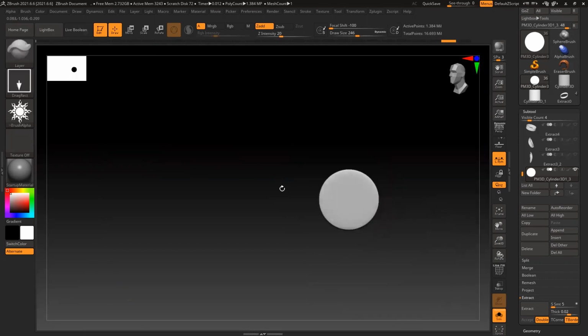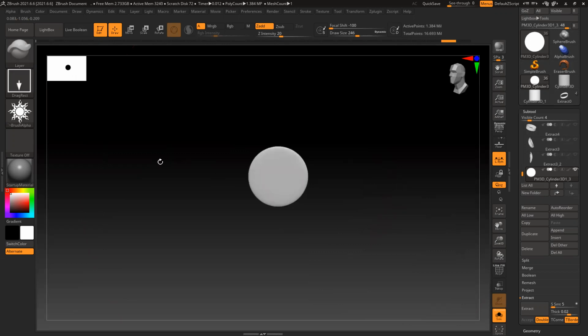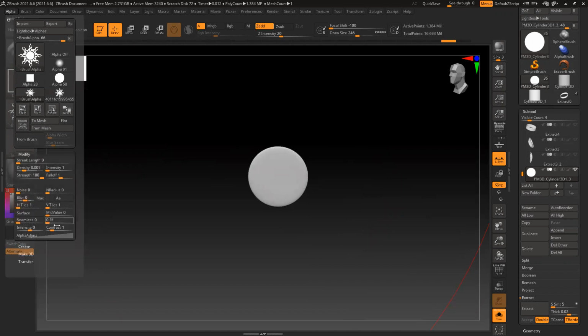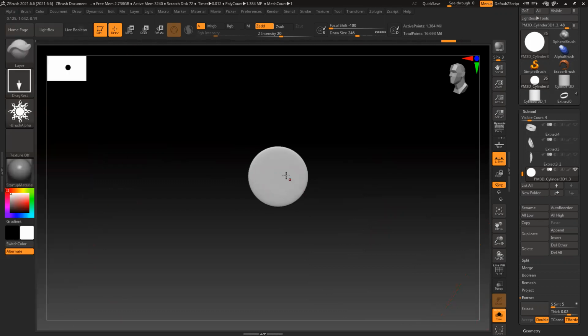What I can do for this is go to alpha, modify, there's something called surface. I can switch it on, so it will create this design flat and that shape is gone.